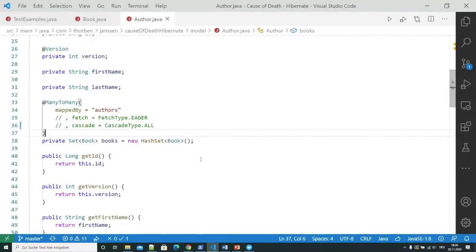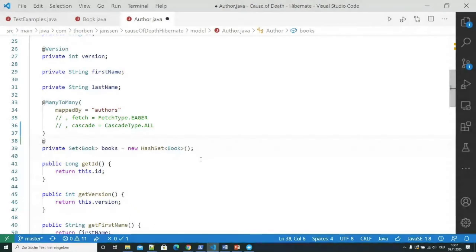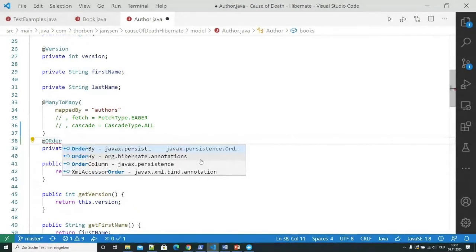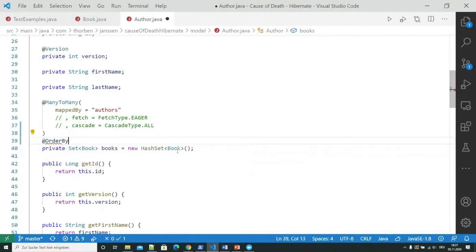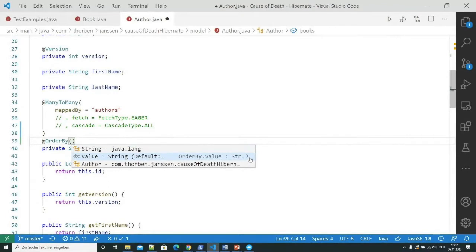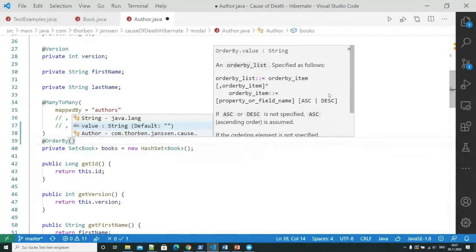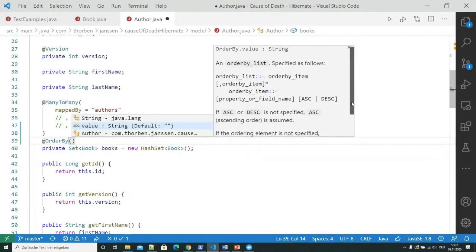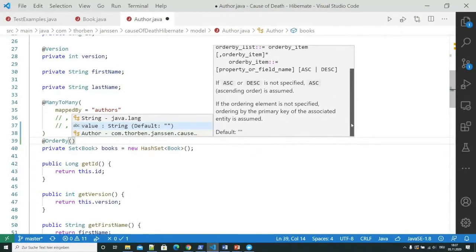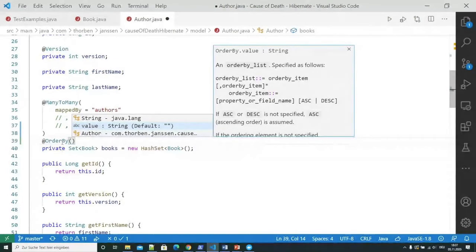I would recommend to write a query that gets the books in a specific order if you need them. But if you're sure that you always need the elements of the association in a specific order, then there's the order by annotation. You can use that one to define an order by clause, which will always be applied to the query when you fetch the association from the database.